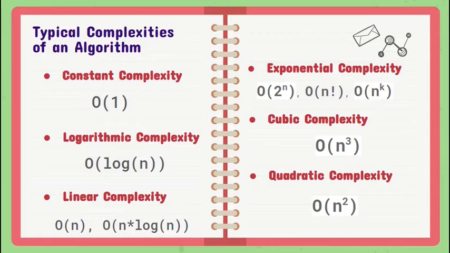Here, the algorithmic base does not hold a necessary consequence for the operation count order, so it is usually omitted, right? If you want, you may write log n base 2, all right, but we always omit it. So we have the linear complexity. It imposes a complexity of big O of n. It encompasses the same number of steps as the total number of elements to implement an operation on n elements.